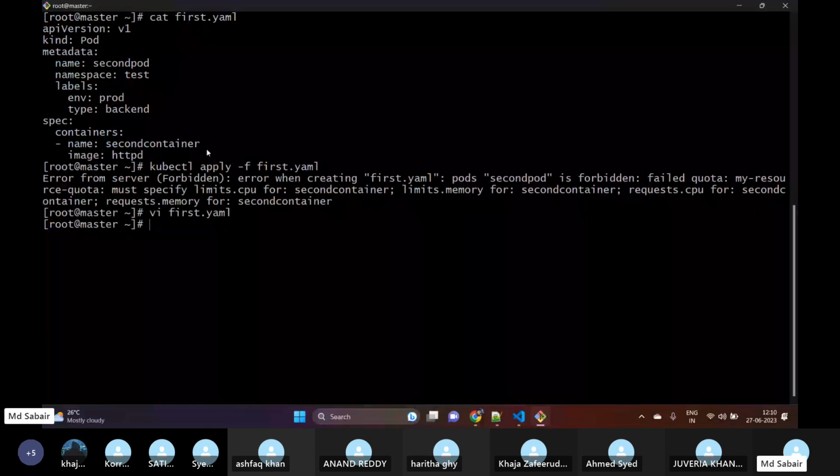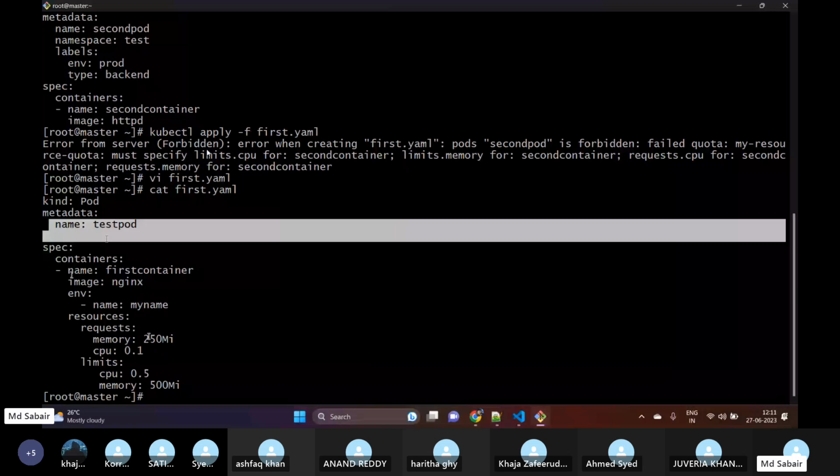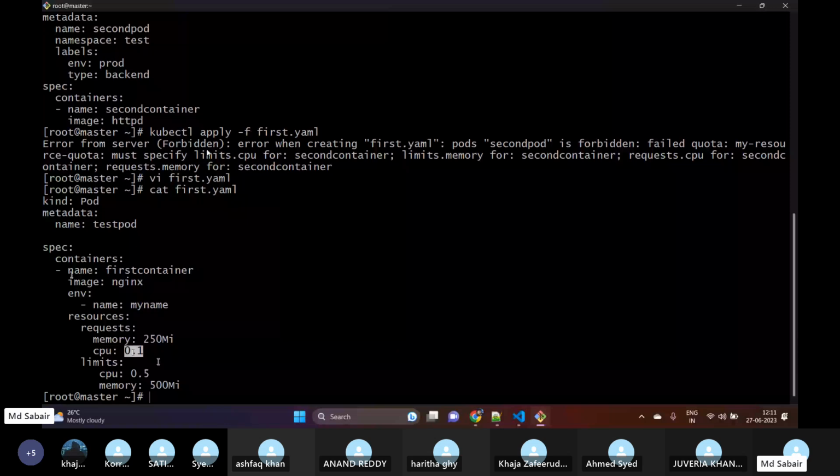Here we can see data, we haven't configured any namespace name, right? I will pass it manually. Here I am asking to assign the memory of 200 MB and the CPU core will be 0.1. The limits will be 0.5 and memory should be 500. So now if I try to execute kubectl apply -f .yaml -n test,